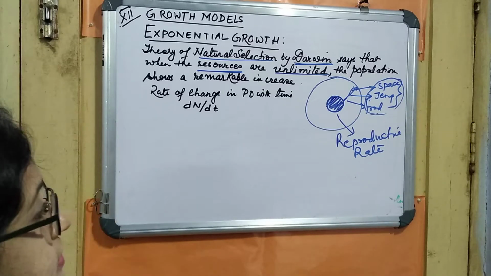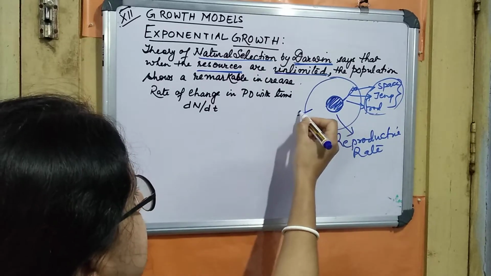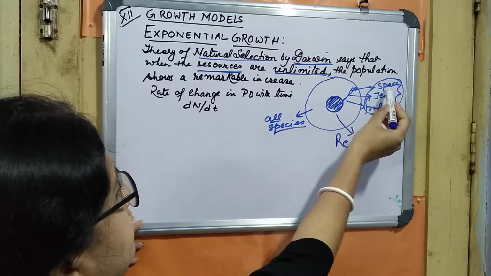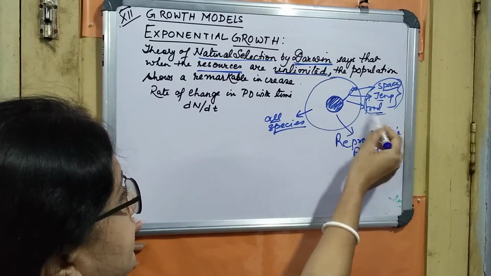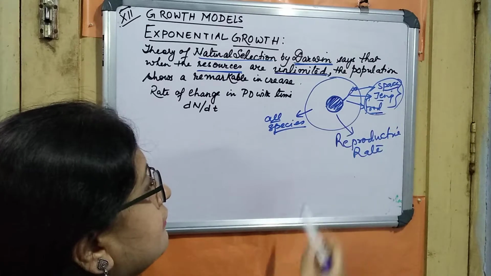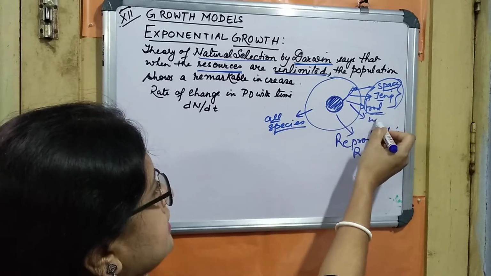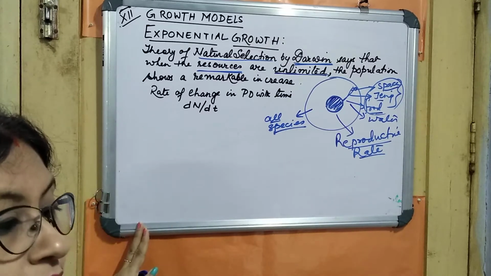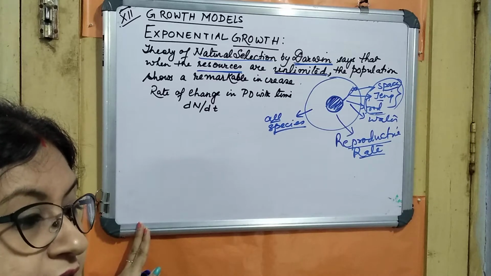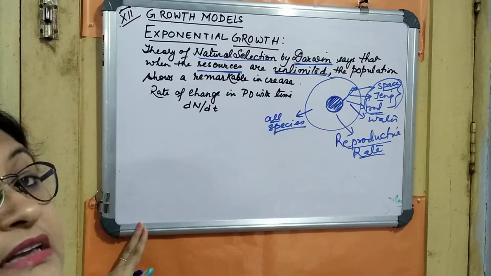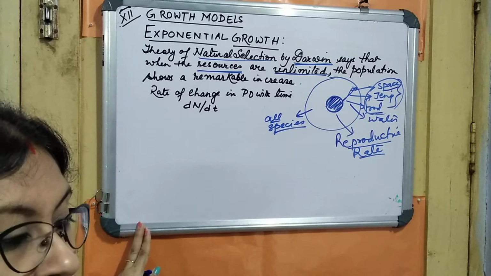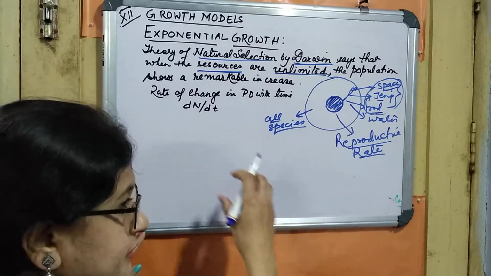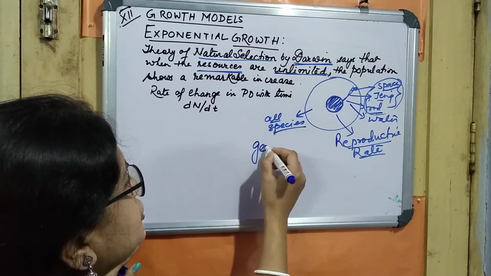Each and every species here, we are not talking about only one species but all species, is available with the maximum amount of space, temperature and food, among which space, food and water are very essential for a particular reproductive rate. So all the species will be growing in an uncontrolled way, with the potential to grow and reproduce at their maximum. The reproductive rate will be more.